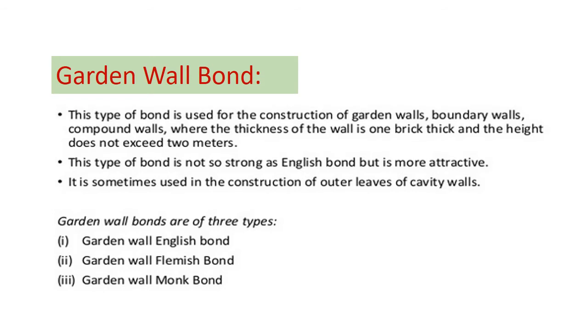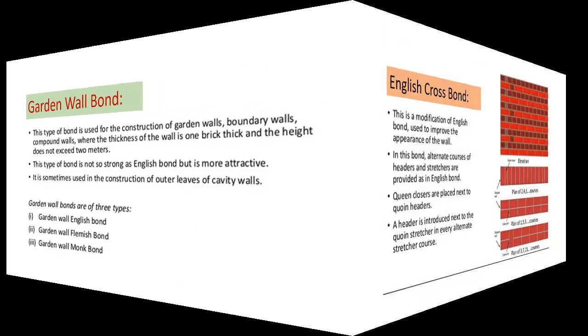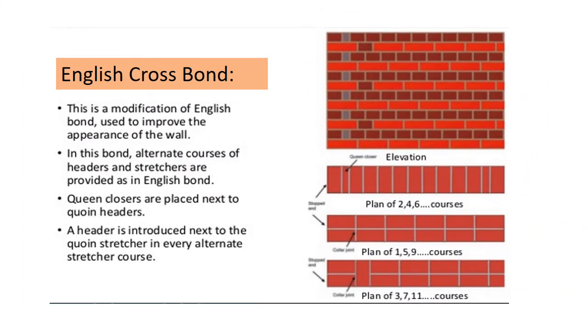Racking bond. This bond is used in thick walls. In this type of bond, the bonding bricks are kept at an inclination to the direction of the wall. Due to this, the longitudinal stability of thick walls built in English bond is increased. The bricks are arranged in an inclined direction in the space between the external faces of the wall. The racking is in the opposite direction in alternate courses of racking bond.